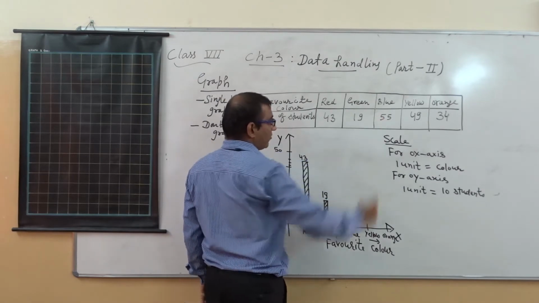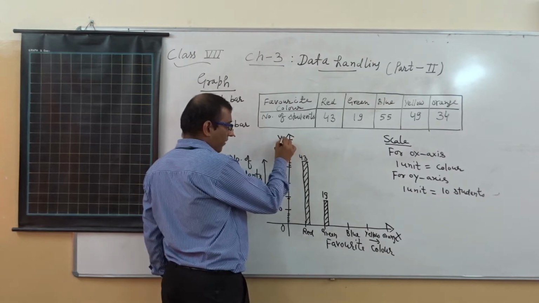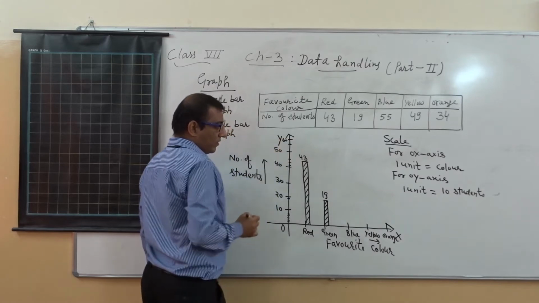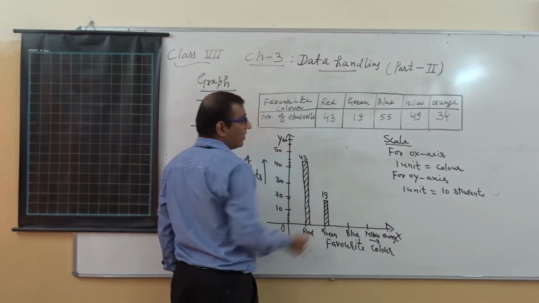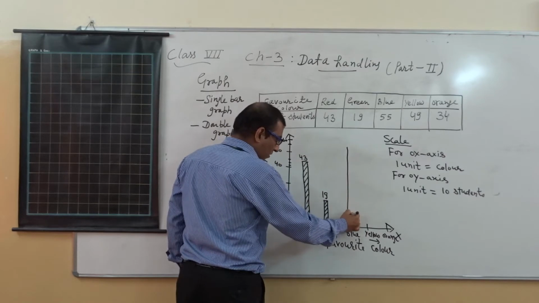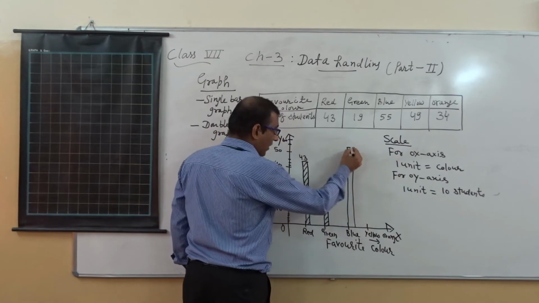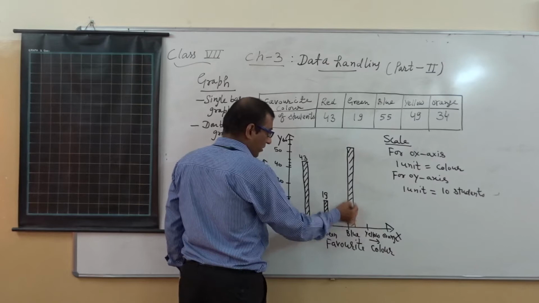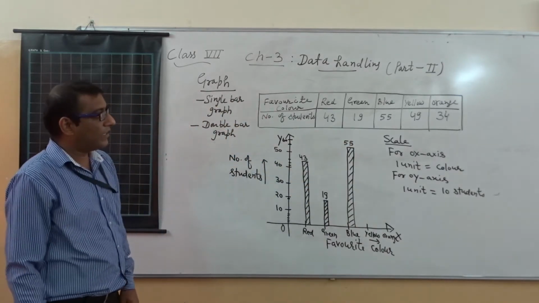It means 55 students like the blue color. So how can we show it? For 55, we will take one other number, that is 60. It means 55 lies between 50 to 60. So this is the point related with 55. Now we will draw a line or convert this line into a building, so it looks like this, and then we will shade it. It depends on you if you shade it or not. So we will write here 55. It means 55 students like the color blue.